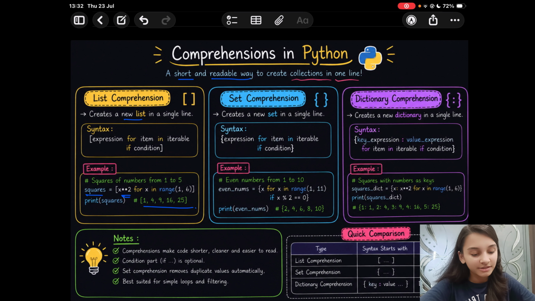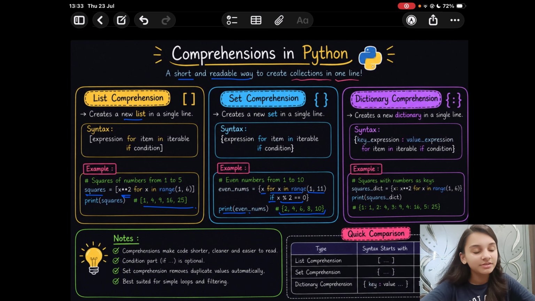For x in range 1 to 11, if condition, we'll have to find the even numbers. So x modulo 2 should be equal to 0. That will verify if it is an even number or not. On printing the even numbers, we'll get a set of even numbers from 1 to 10. So this is basically used for filtering out, right?